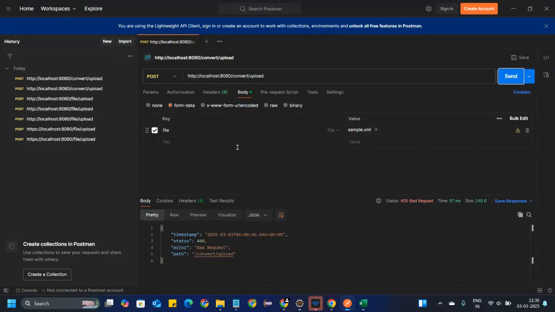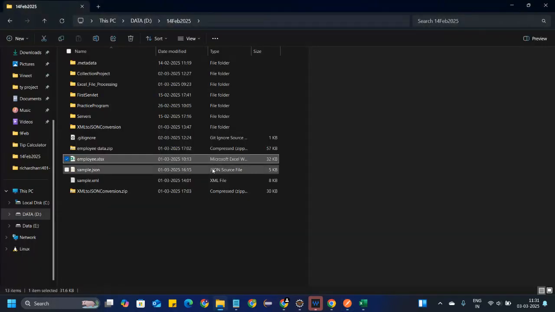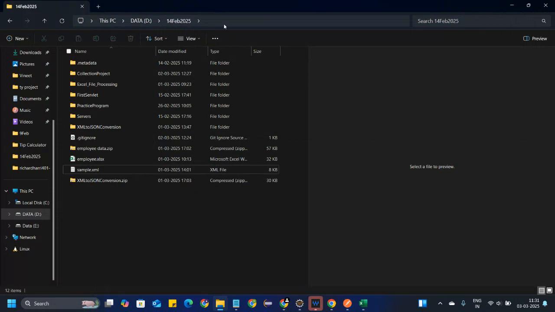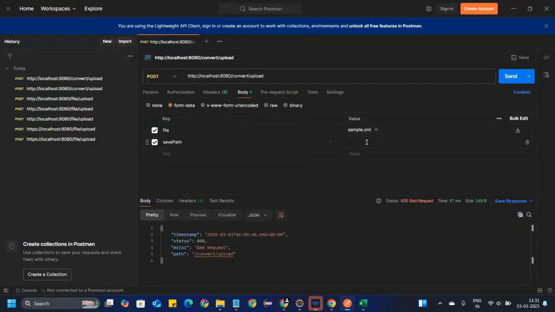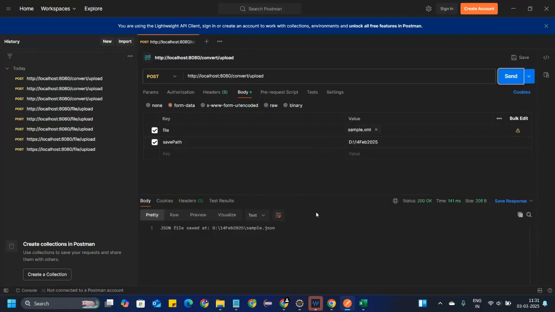We have to provide the save path key and provide the value where we want to save. Here a JSON is already present; we have deleted it and now we give this path. We send the request, and here is the message: JSON file saved in this path.